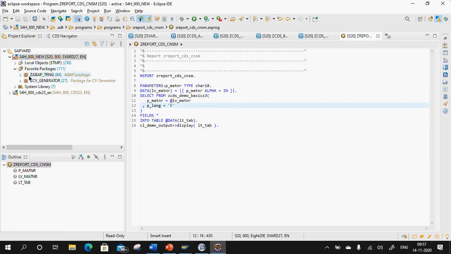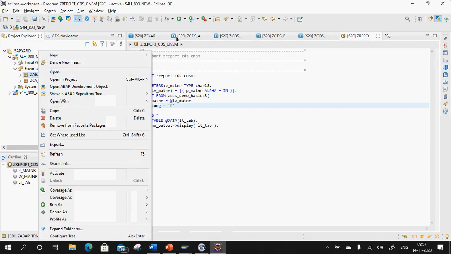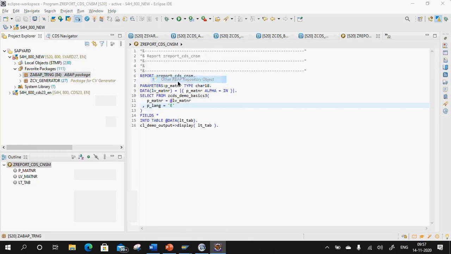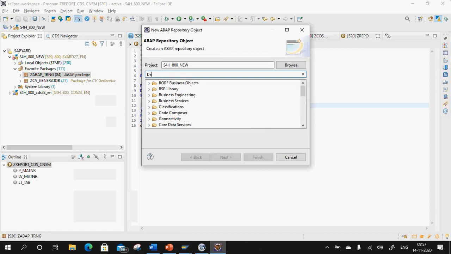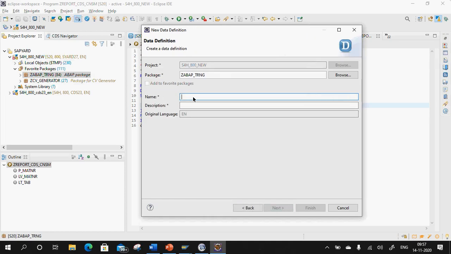So how do we do it? Click on New, Other ABAP Repository Object, Data Definition. Then click on Next.